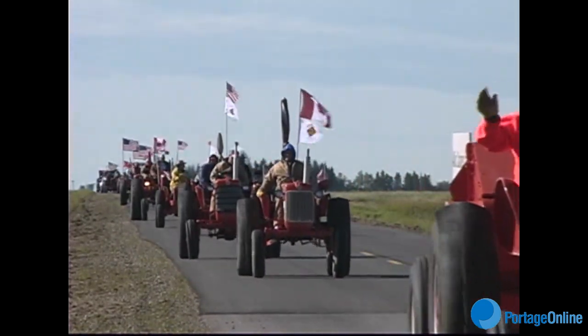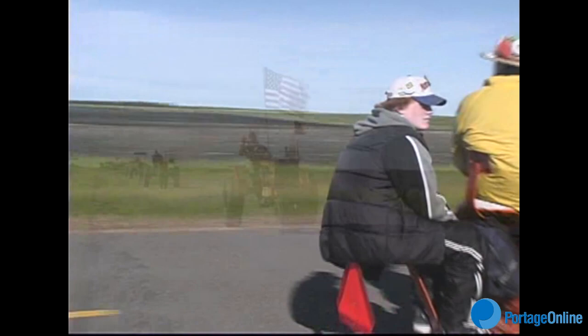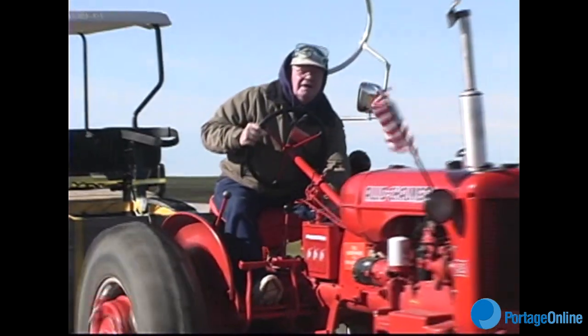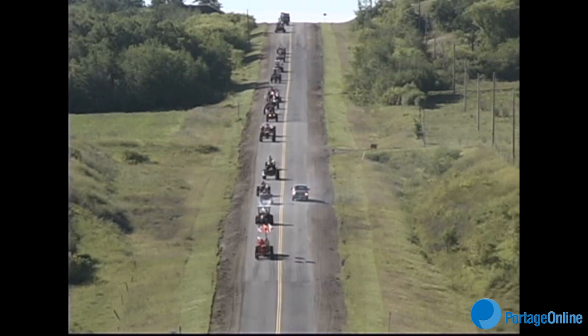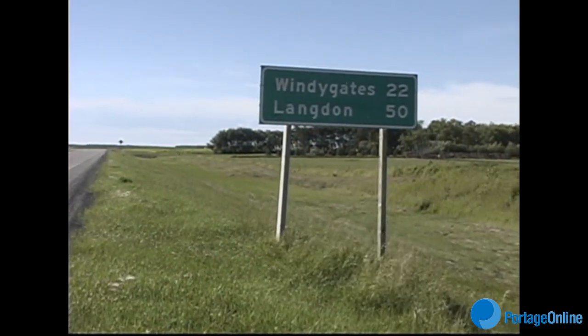We started out at Oaks, North Dakota on Monday morning, 7 a.m. in the rain. We haven't had any rain since, but we've had a little wind, but it's been a real good trip. We have tractors here from about 8 or 9 states. The furthest one, I believe, in the caravan is from Gainesville, Florida. We have tractors with 2 seats on, man and wife on them. We have a tractor with a lady driving,